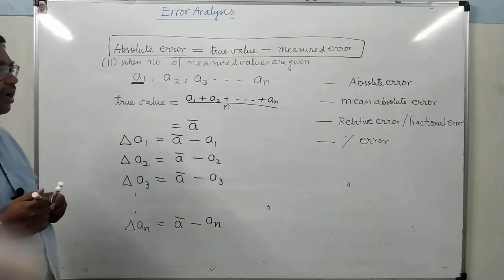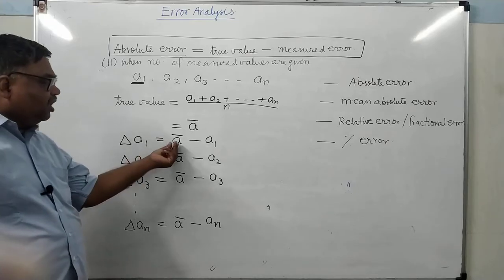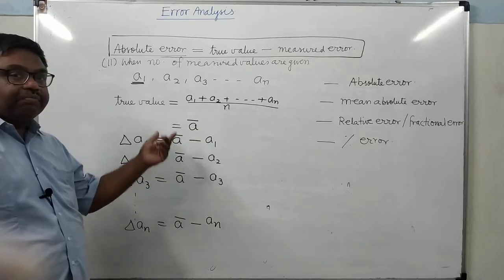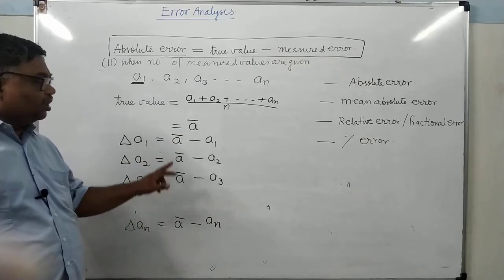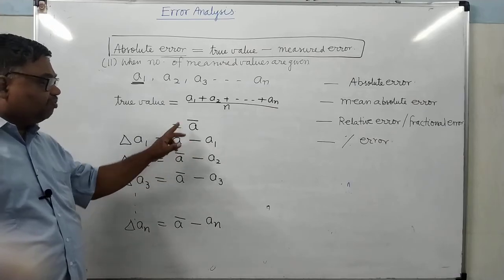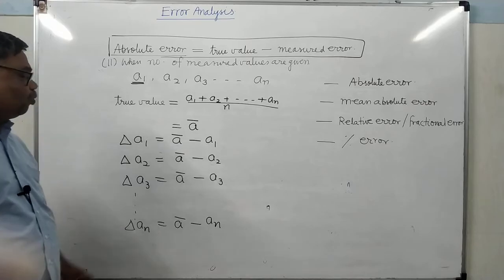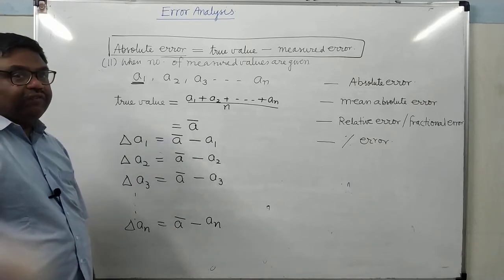These are the absolute errors. Now see here, it is possible that the A bar is greater than A1, or it is less than A1, or it may be equal to A1. Is it clear? Everything is possible. It may be greater than A1, it may be less than A1, it may be equal to A1. So when the true value will be greater than the measured value,